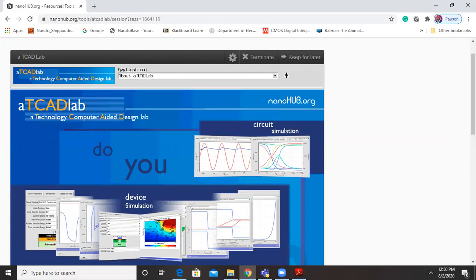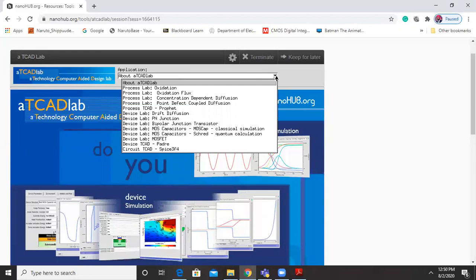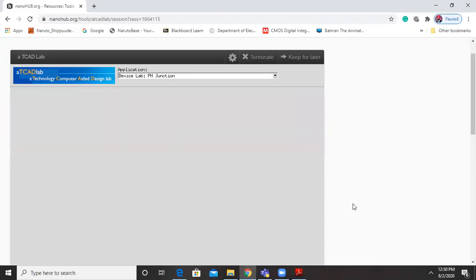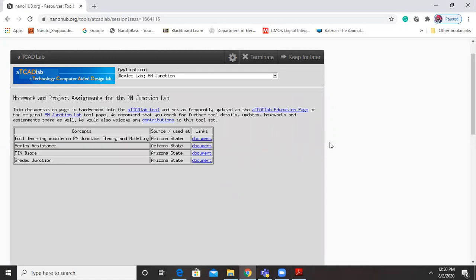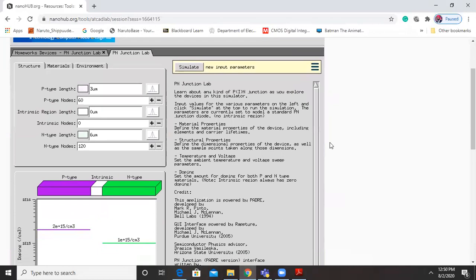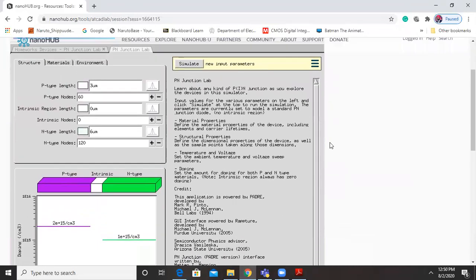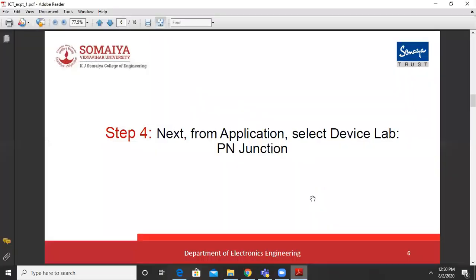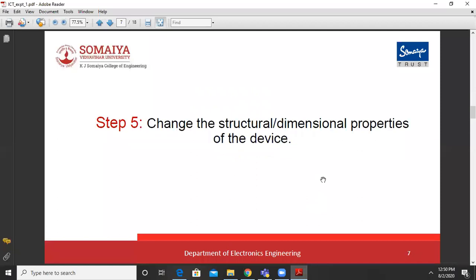Before going there, TCAD is a technology computer aided design lab in nanohub.org. Now we'll select from applications PN junction device lab. So once you select device lab PN junction, you will get such a screen. Now let us go to the next step, that is step number 5.